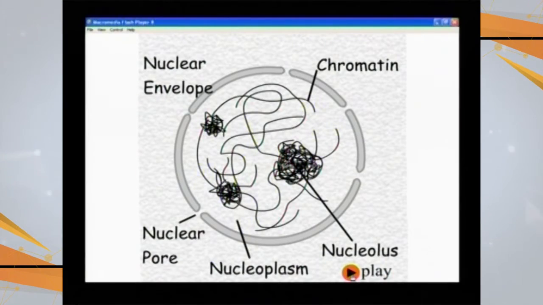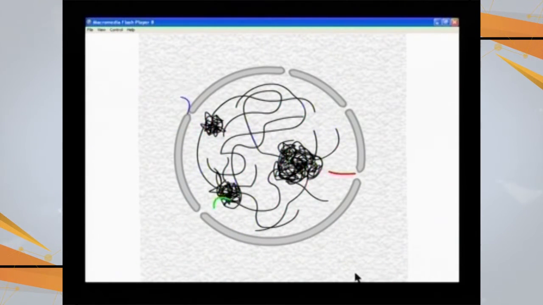So this is a picture of the nucleus. This outer boundary is the nuclear envelope, double membrane bound, and nuclear pores are there. These are the chromatin threads made up of DNA. These are the different loops of DNA aggregated at one place, which are under the process of formation of the RNA or messages, and this liquid matrix is called the nucleoplasm. Looking at the animation,